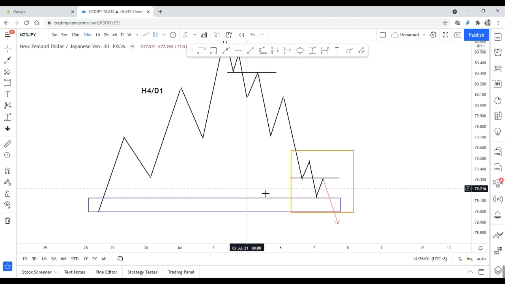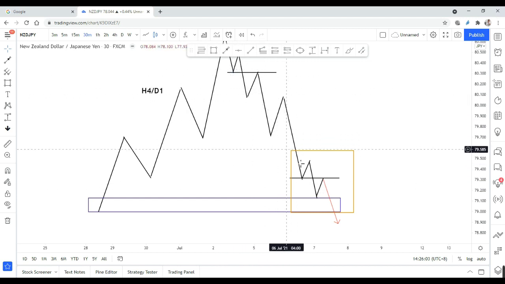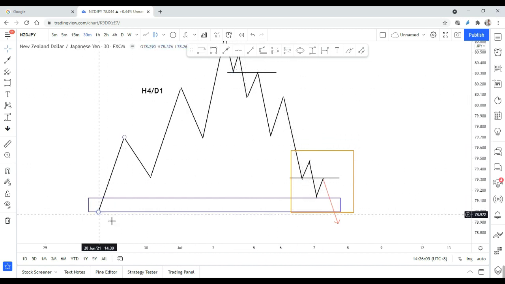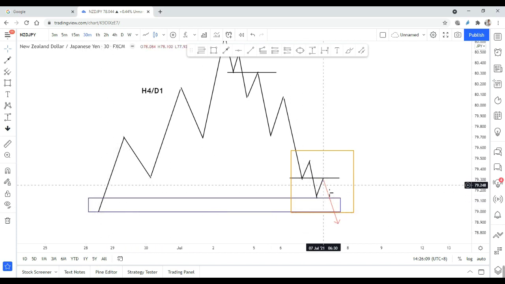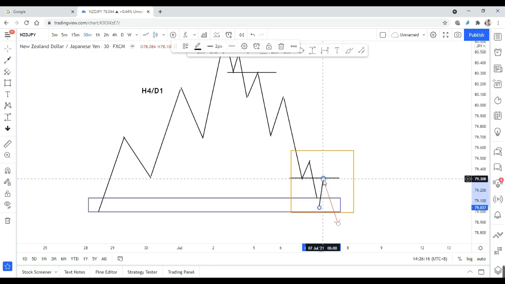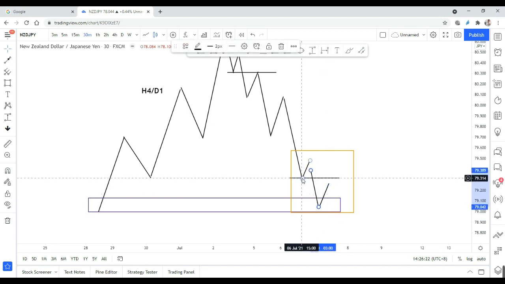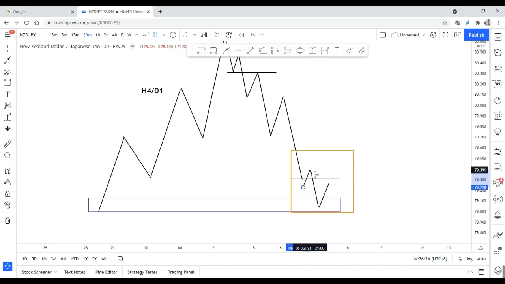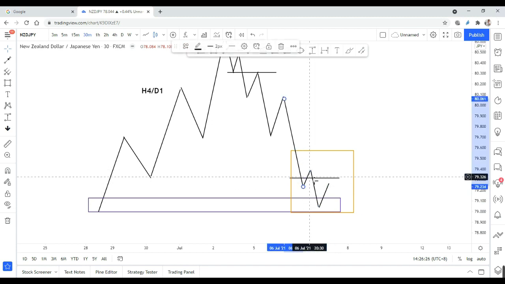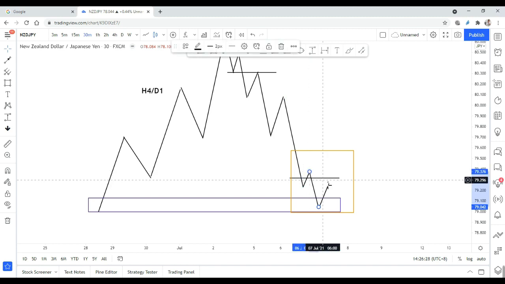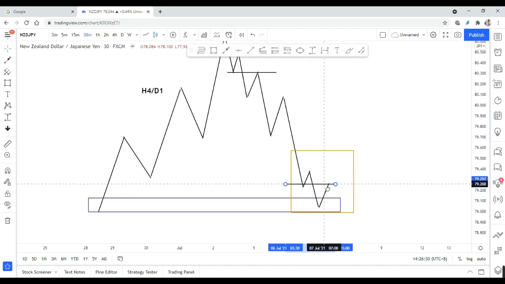So if this is happening in the lower time frame and you see that in the higher time frame there is a danger zone, if you insist on trading, you have to be very, very careful. Let's make it clearer so that you guys will get more understanding. Something like this.